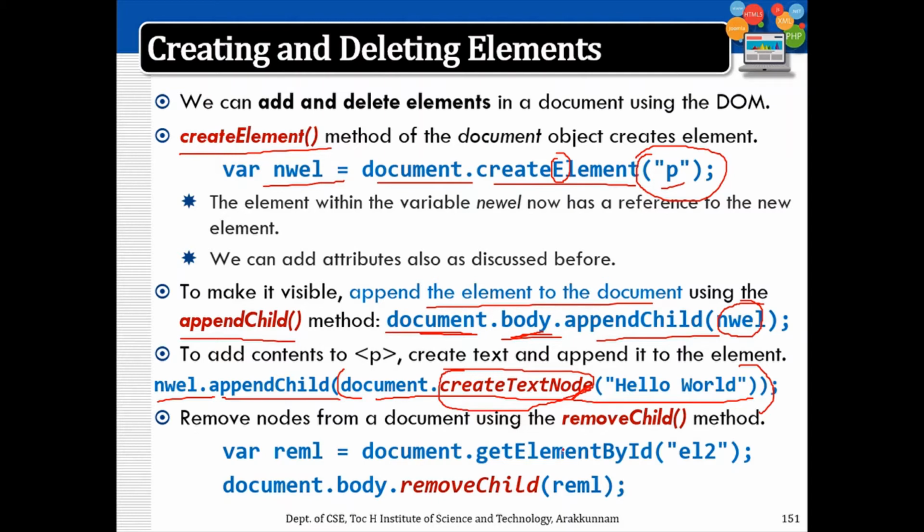Now if you want to remove any of the existing elements, we can use the removeChild method. Suppose EL2 is another existing element, then we can access it by using its ID, and we remove it from document.body. From the body inside the document I am going to removeChild rem1, or we can directly use this part alone inside this as a single statement. So any element with the ID EL2 will be removed from the HTML document. So using this also the pages will become dynamic.